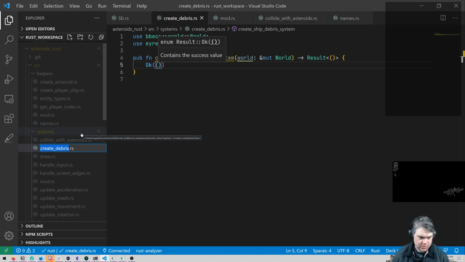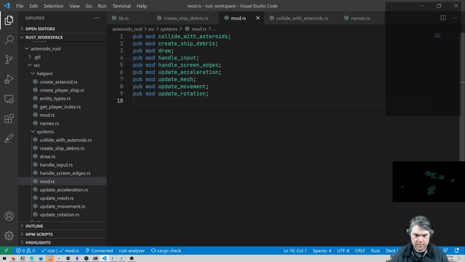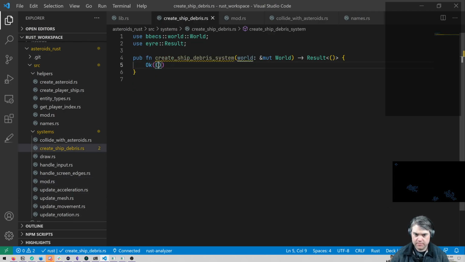So rename you to create ship debris. All right, so for taking in the world, then all we need is,